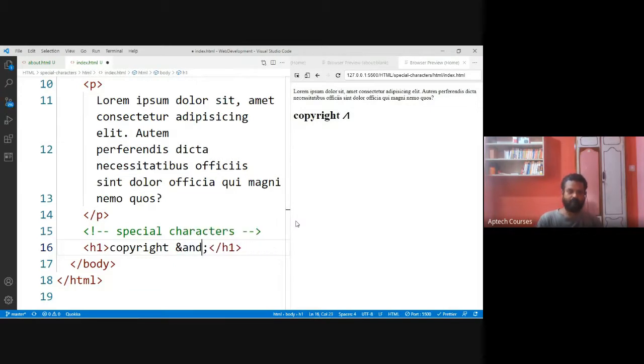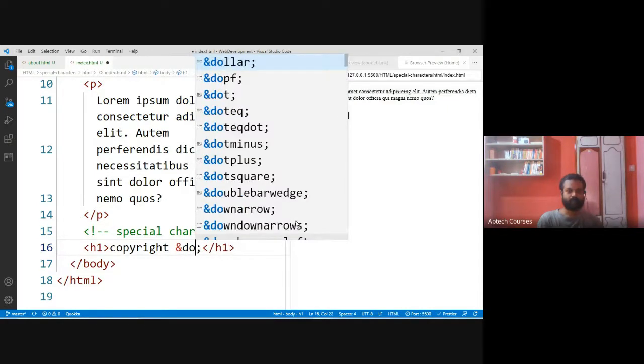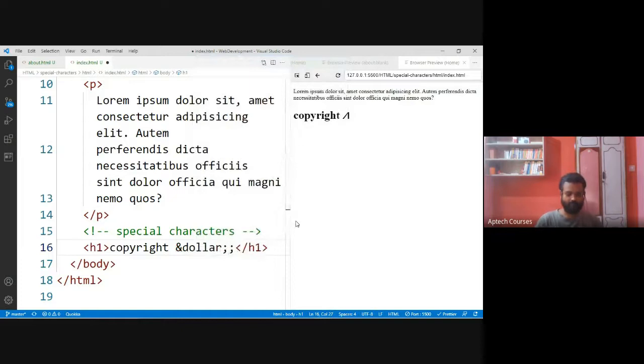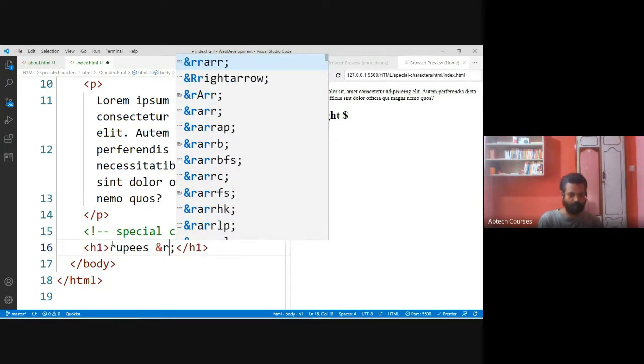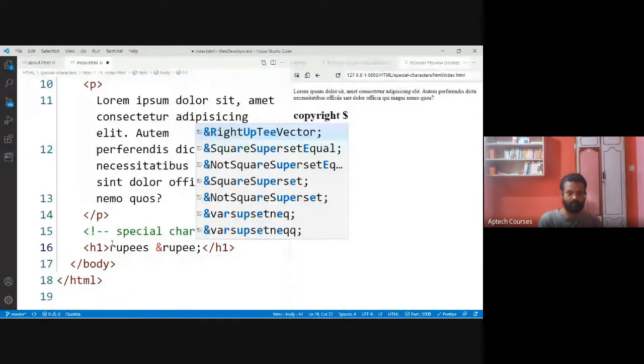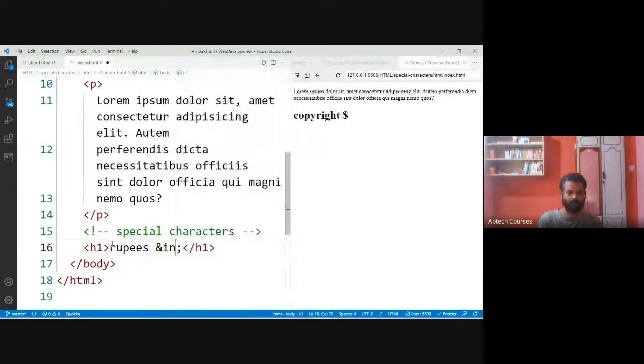Copyright and dollar sign. If I say dollar, we are getting the dollar sign. If I want to get the rupees sign, rupees. Let me check whether support is available or not. Rupees, Indian rupees.